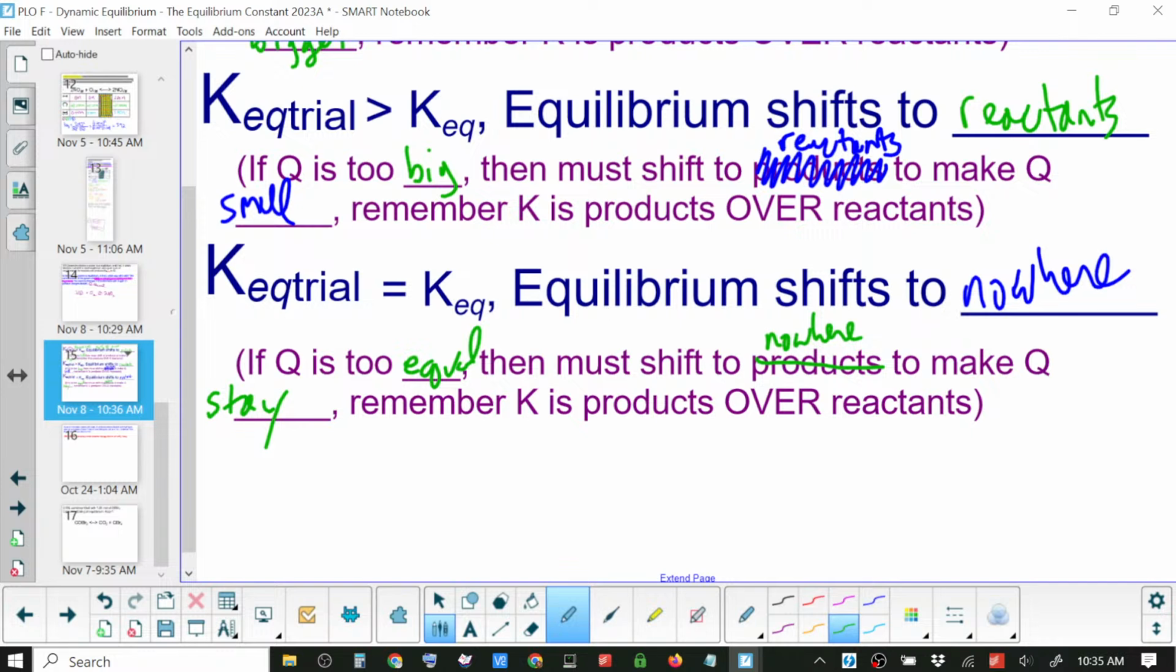Now we'll finish off that question. You can turn back to it if you'd like and start it. However, I'm going to put you into groups as soon as I